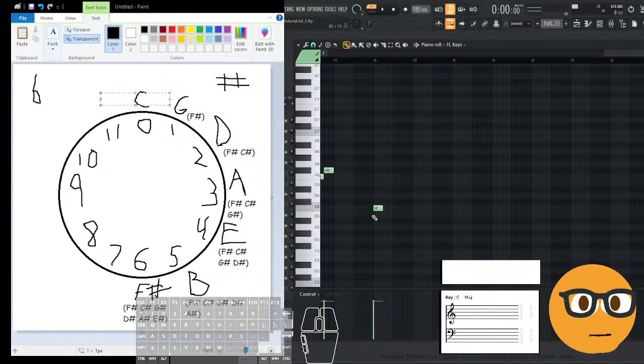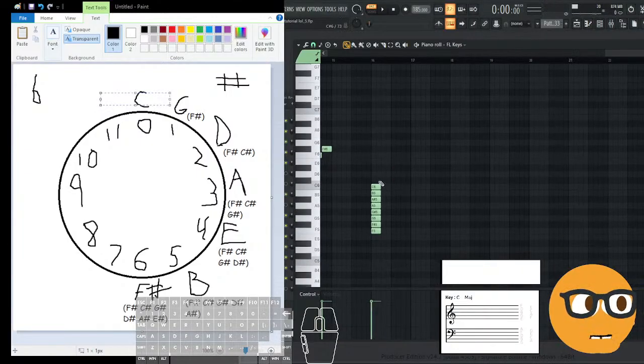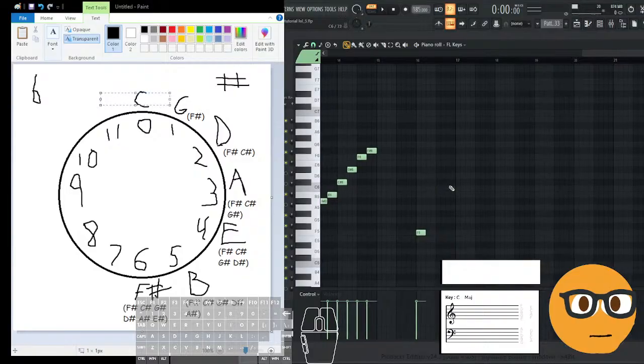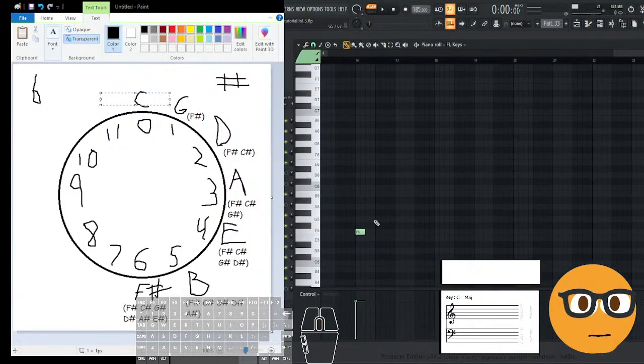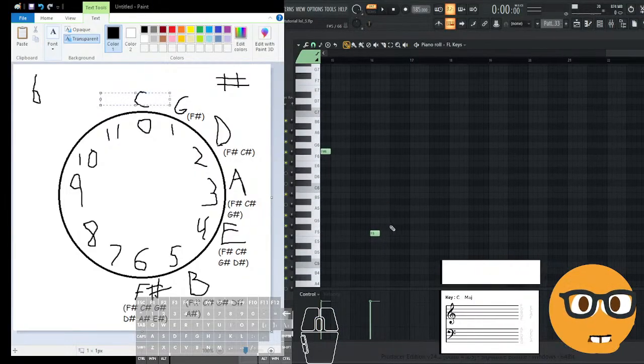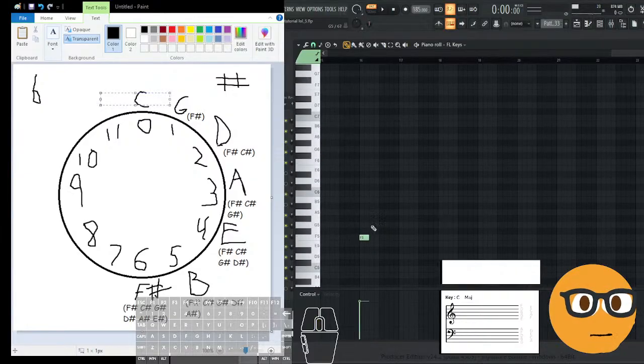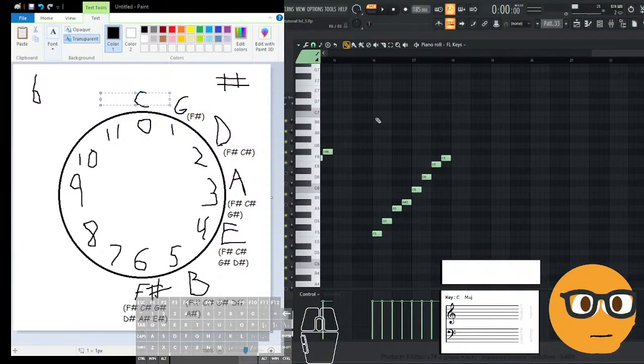1, 2, 3, 4, 5, 6, 7. You can go down 7 half steps and do the pattern of whole steps and half steps. We got root, whole, half, whole, half. So F major has,